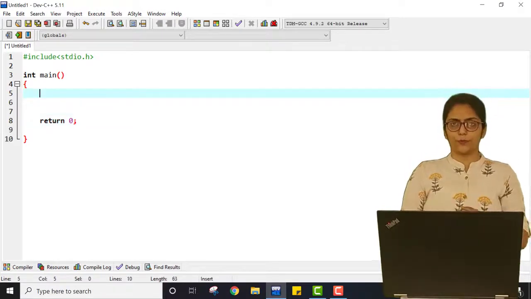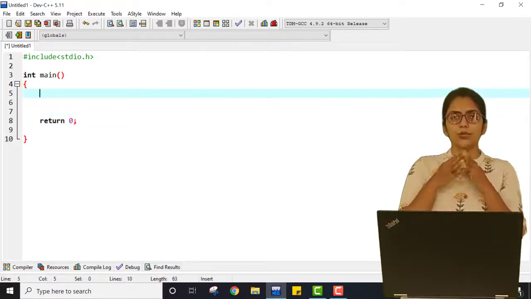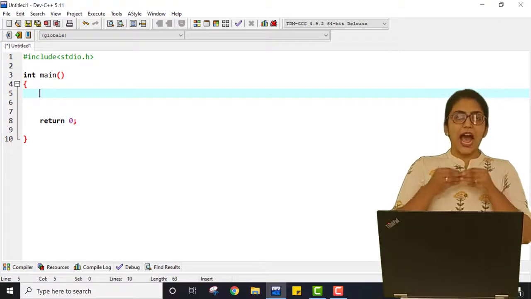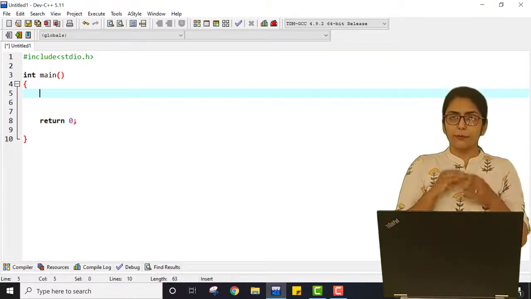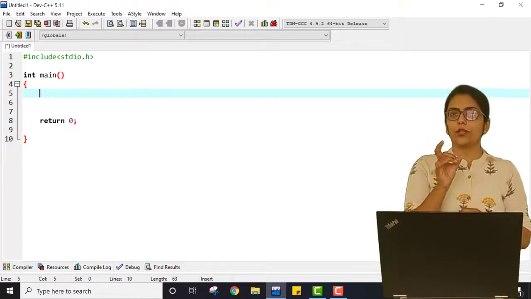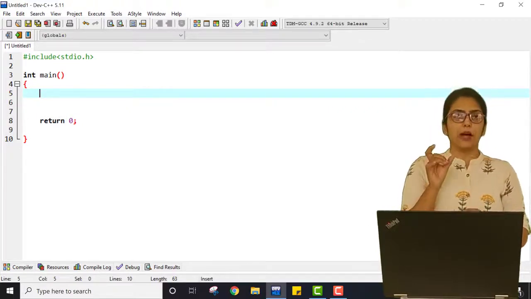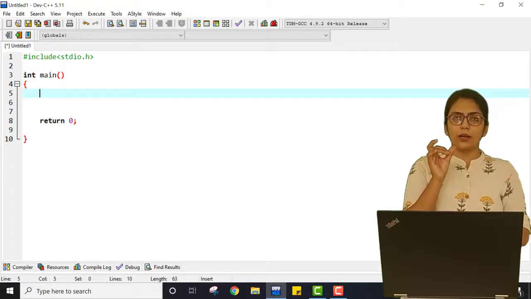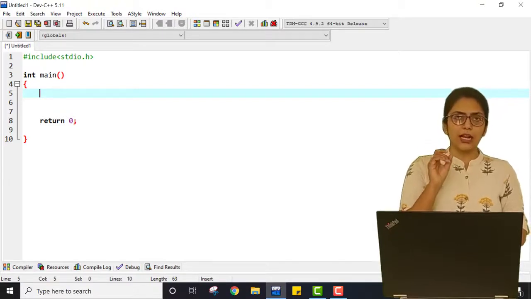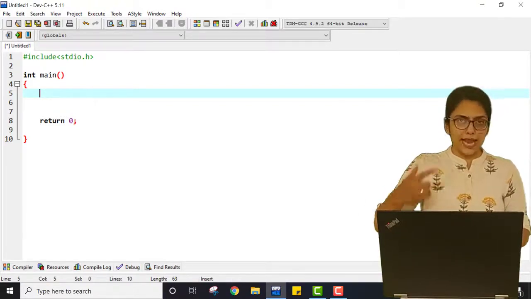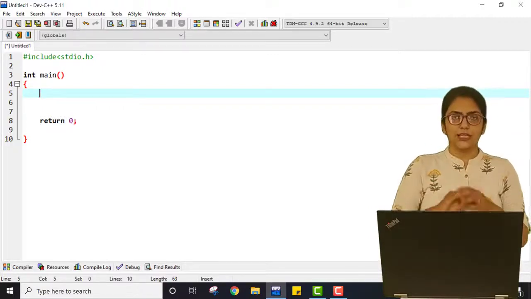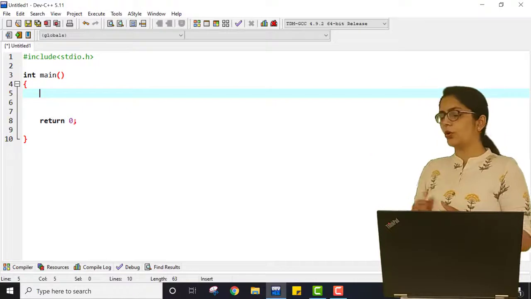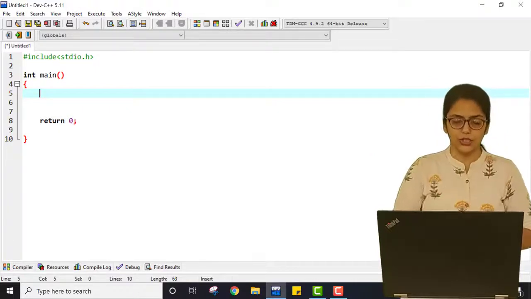Now what am I going to do? I am going to create a loop, and I am telling the user to enter a number. My loop will be executed a fixed number of times, but if a particular number entered by the user is encountered while the loop is executing, then it will break the loop. You can see the code over here. Now let me show you how we can achieve that.